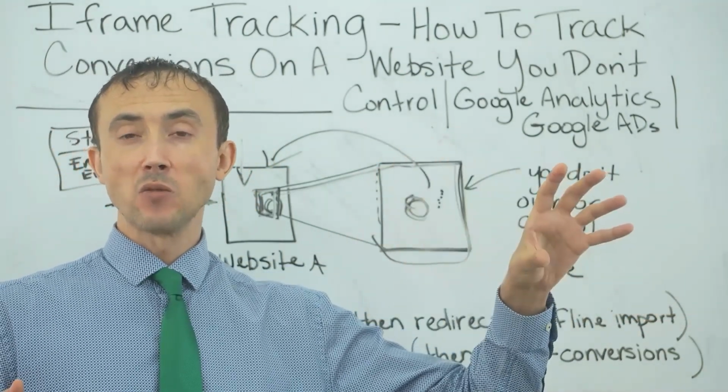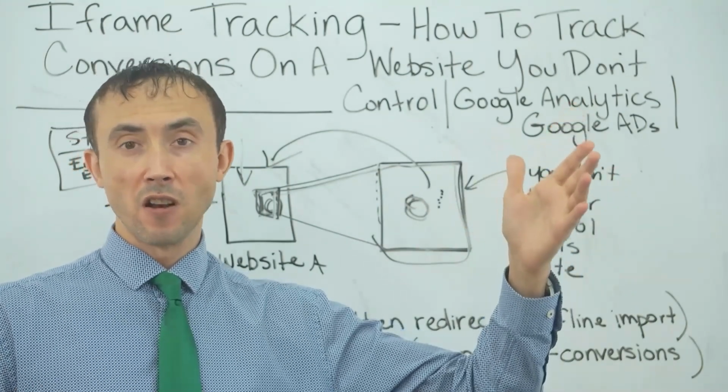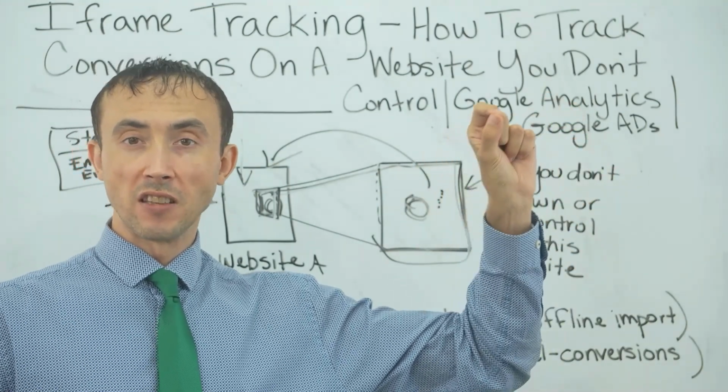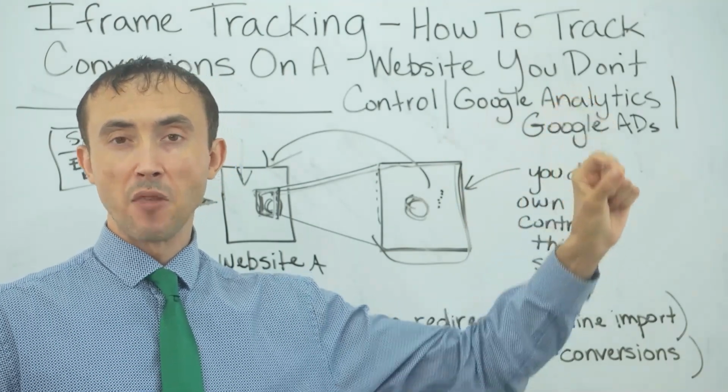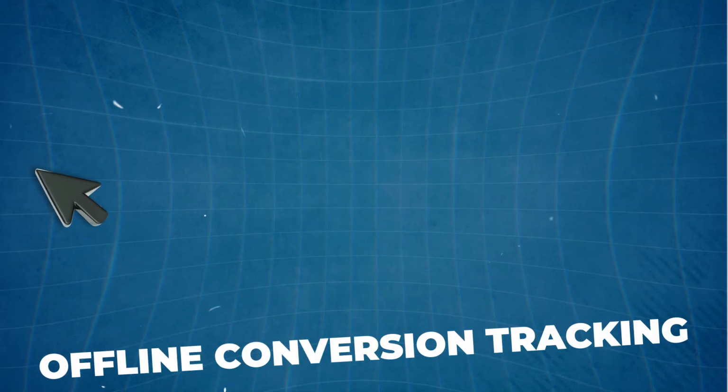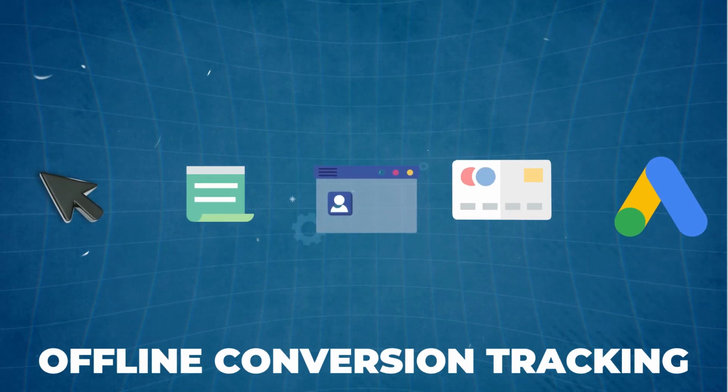And you can't steer your ads if all you know is that they converted or not converted from this overall Google Ads account. You need to know the exact keyword, the exact time of the day, the day of the week, and on and on. The way that you do that is through something called offline conversion tracking and offline conversion